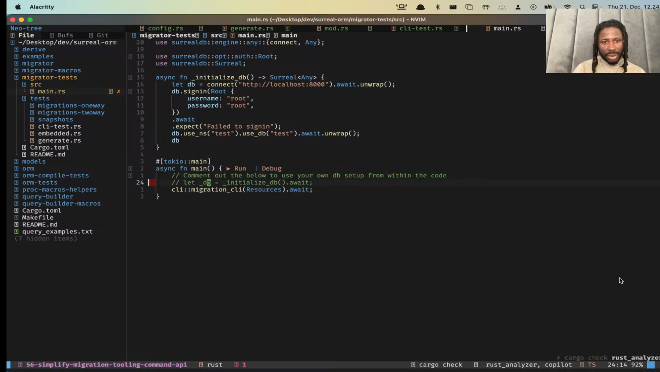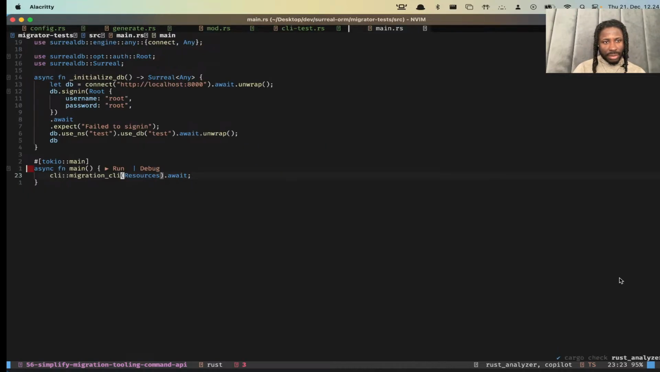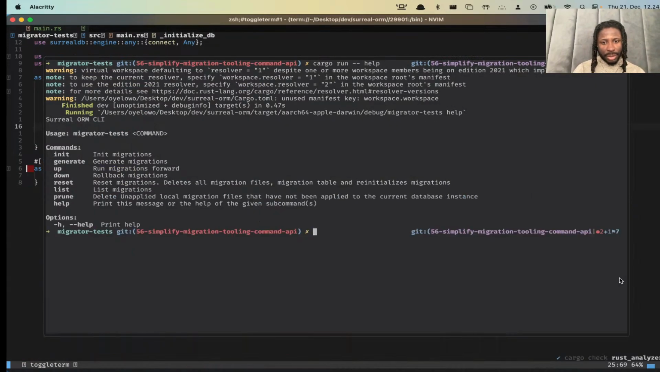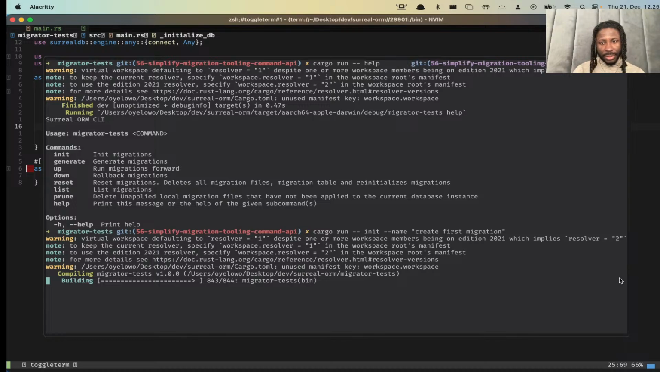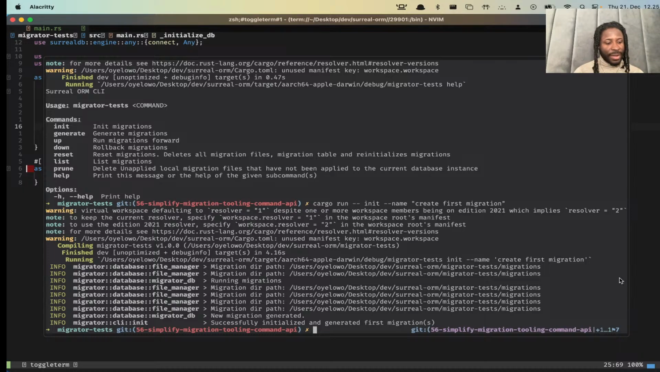Yes, we can take this up actually. Just take that up. I'm not supporting that anymore. Anyway, so when you want to start, what you need to do first is initialize. So you do cargo run init, and you put the name of the first migration file. Let's say create first migration. One interesting thing is when you're initializing, you have to specify if it's reversible